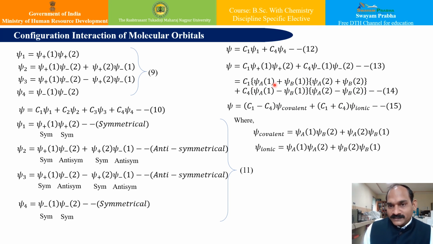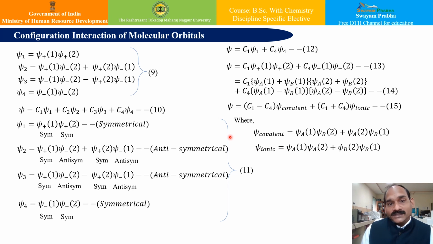If you try to solve this, you will come to a result which appears in this form, wherein you can very easily compare: one part is covalent, wherein one electron is assigned to one state, that is either bonding or anti-bonding. And in this ionic part, we have seen earlier also that both the electrons are assigned to either bonding or anti-bonding part, and therefore this character becomes ionic. Whereas if one electron is assigned to one molecular orbital at a time, this particular part will give you the covalent wave function, where psi covalent is given by this and psi ionic is given by this part.